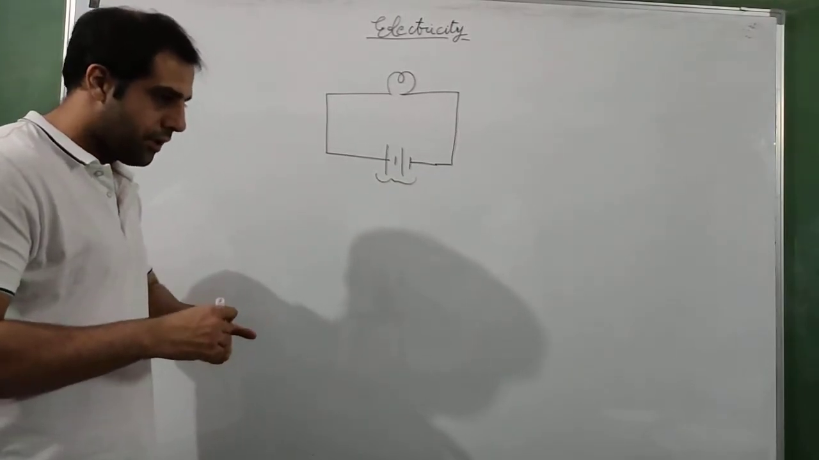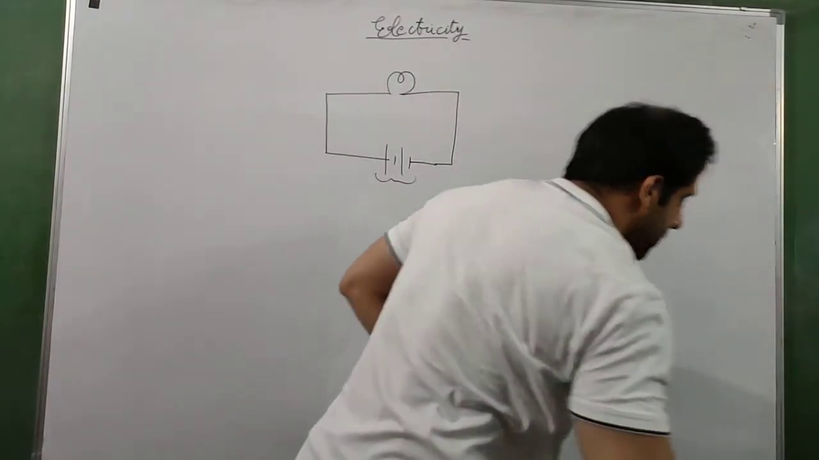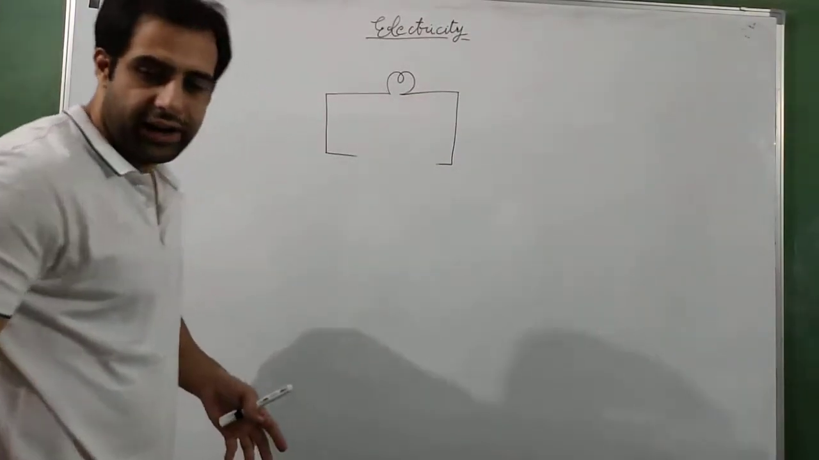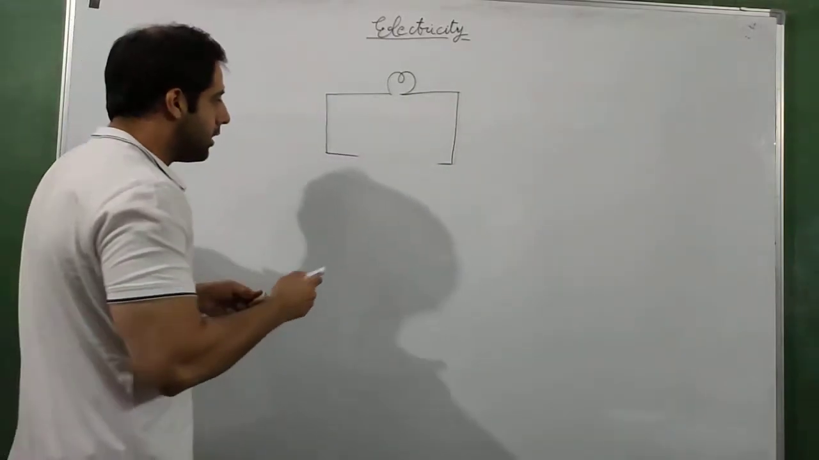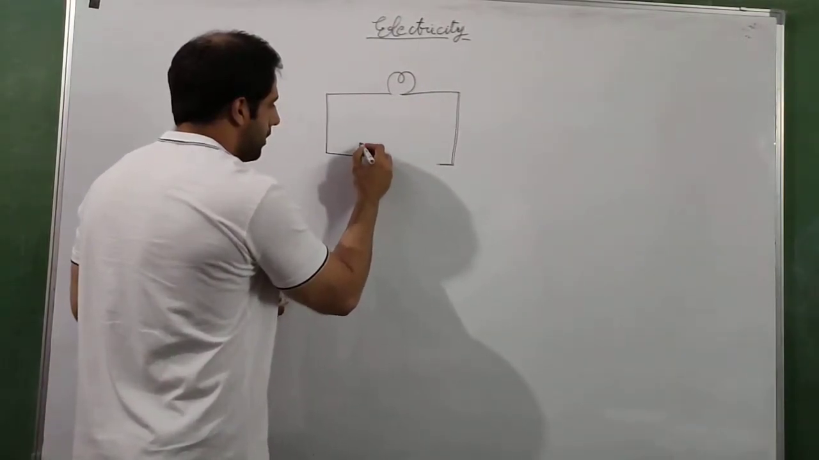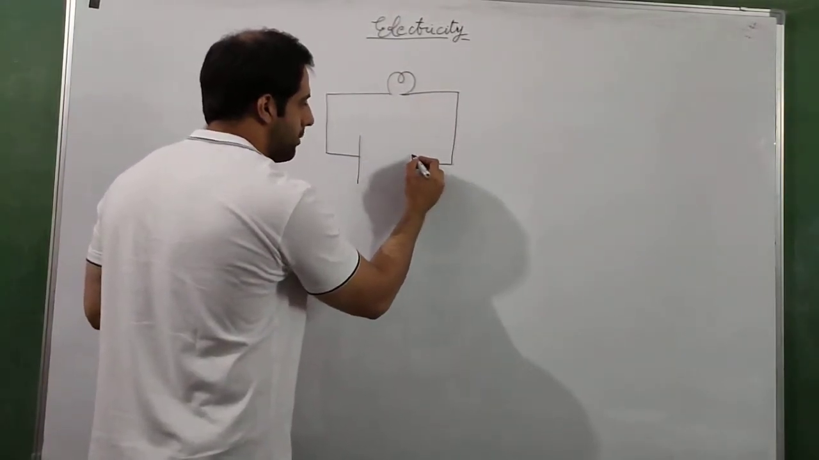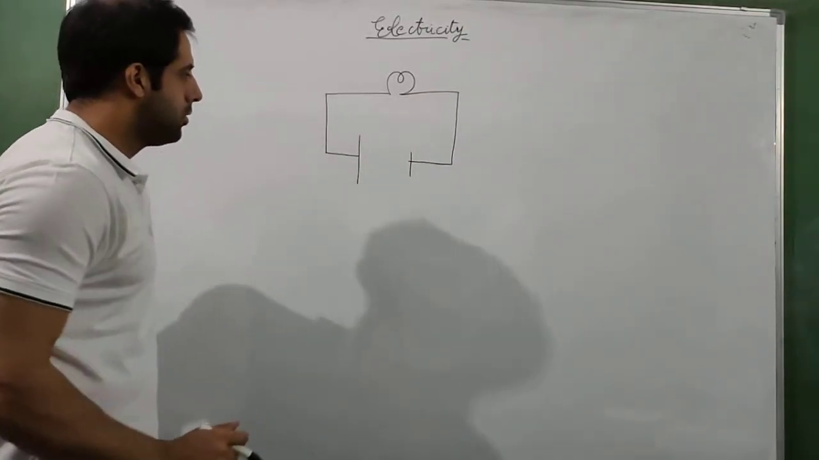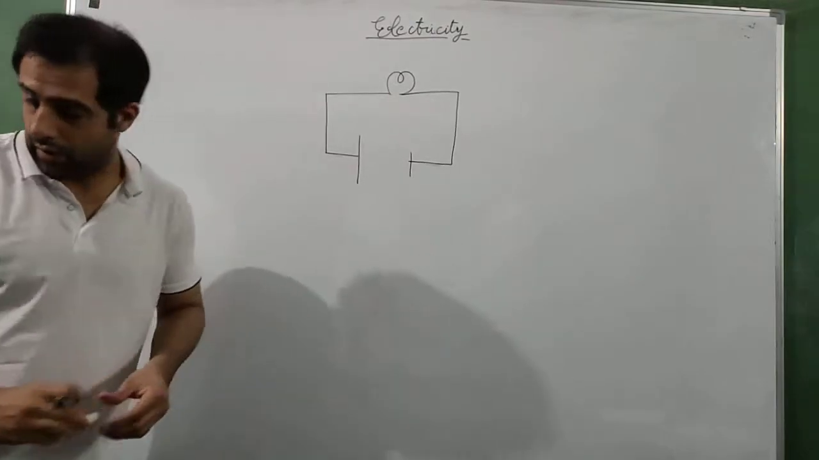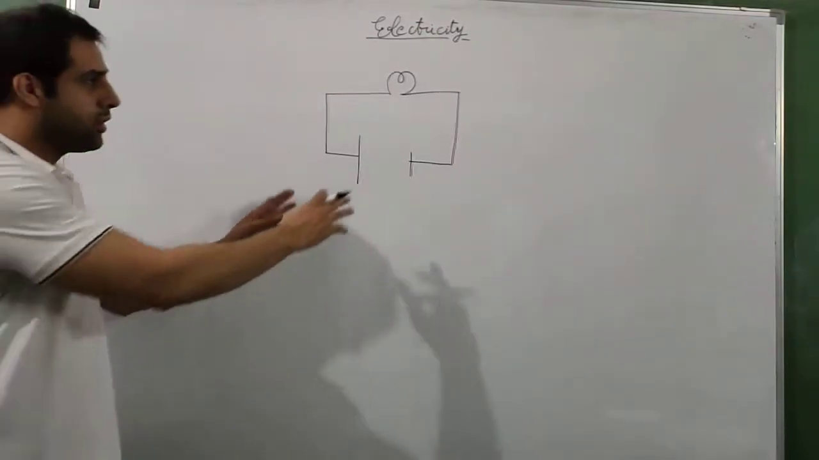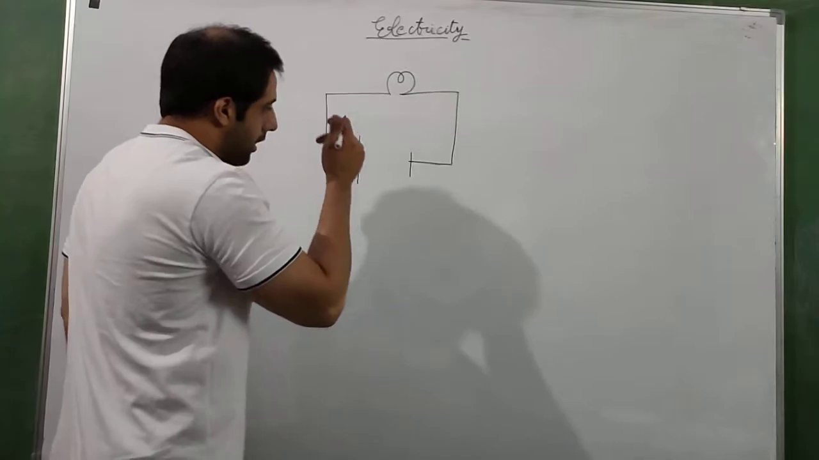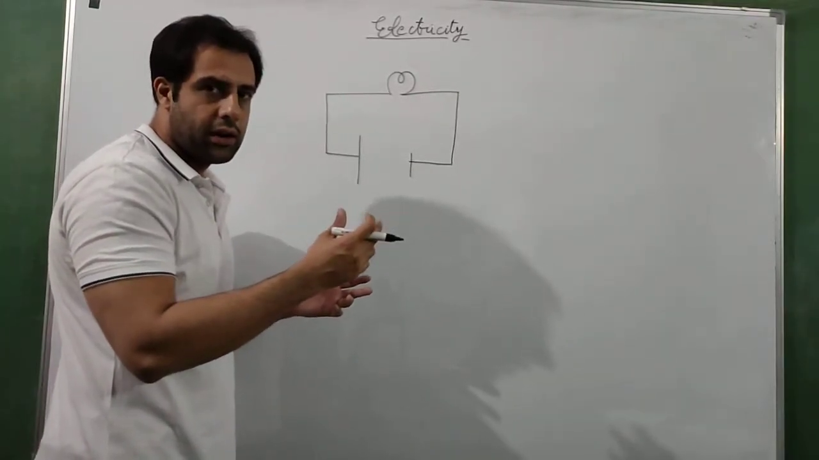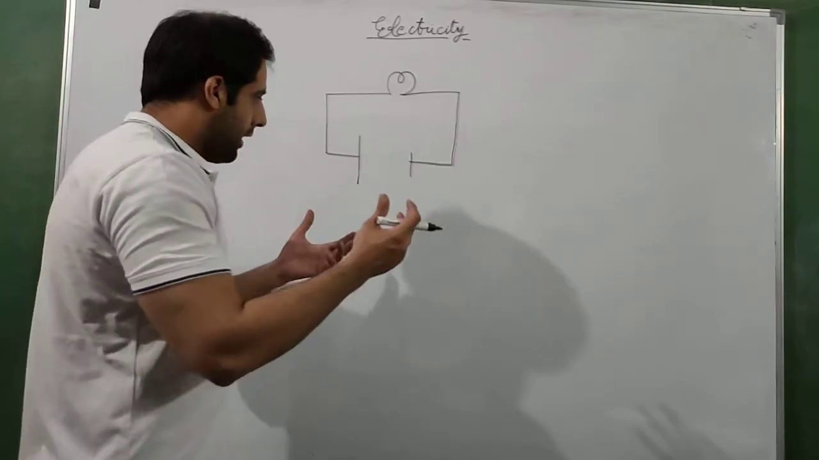Let us zoom in and make this look bigger so that we understand what is actually happening inside the battery. This is the positive terminal of the battery and this is the negative terminal. I separated them so that you can understand what is happening here. As soon as this circuit is connected, the chemical energy inside the battery starts getting converted into electrical energy. But what does that mean? It means that